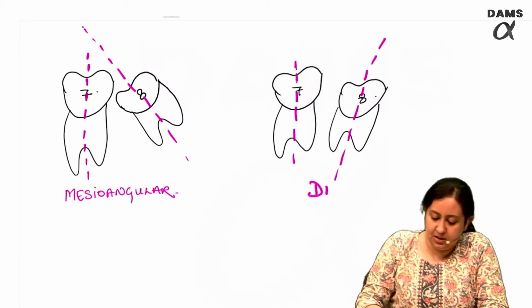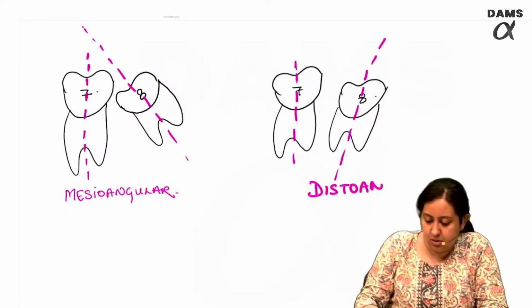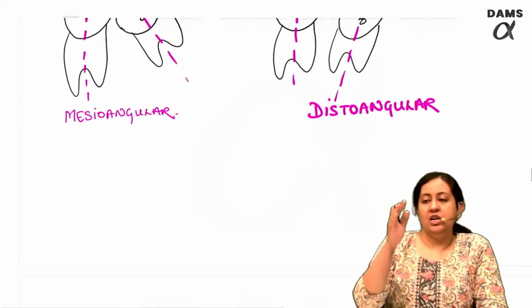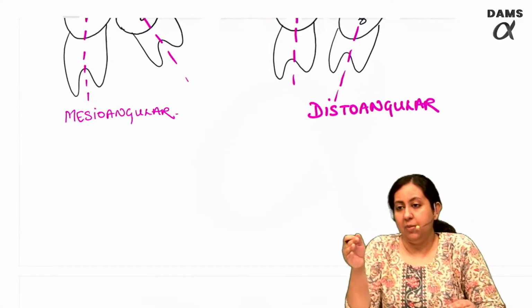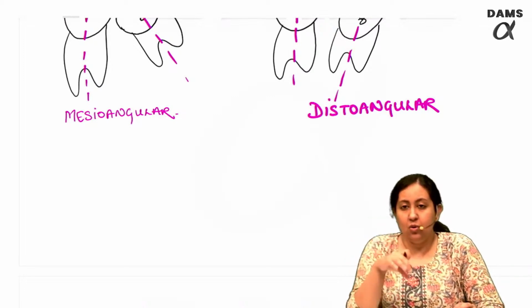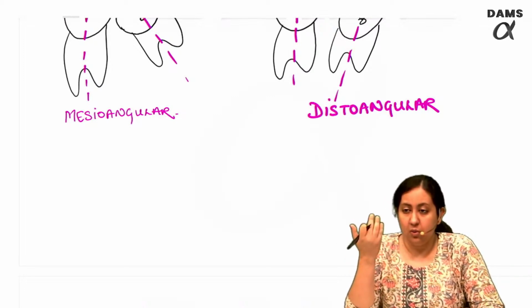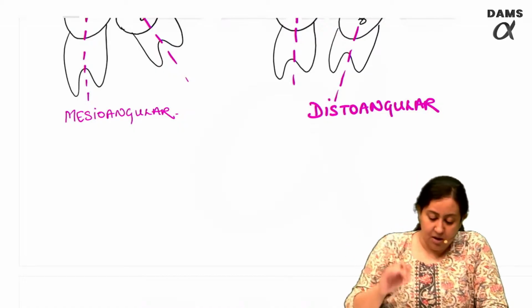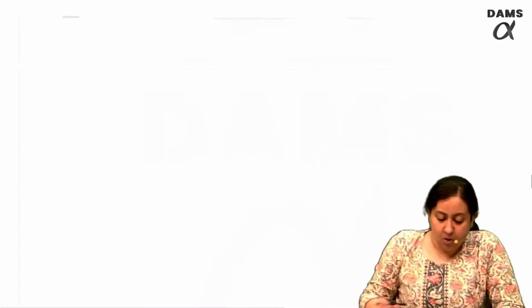Okay, this is distoangular. In vertical, the long axis will be parallel. In inverted, the tooth will be inverted, that is, the crown will be at the bottom and the roots will be above. All right, I want to explain horizontal,